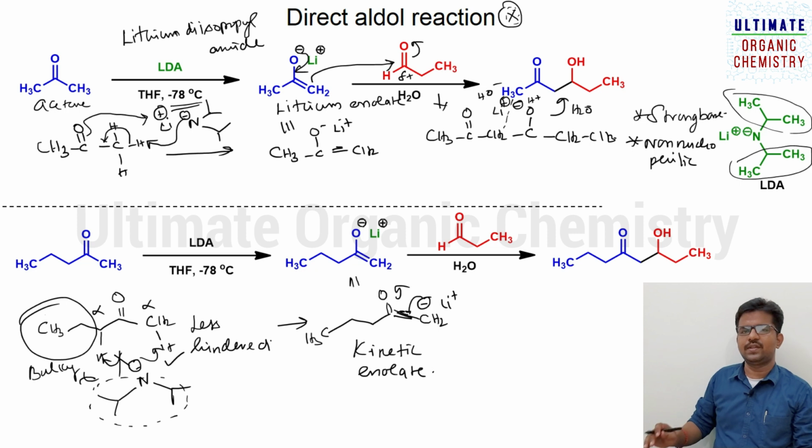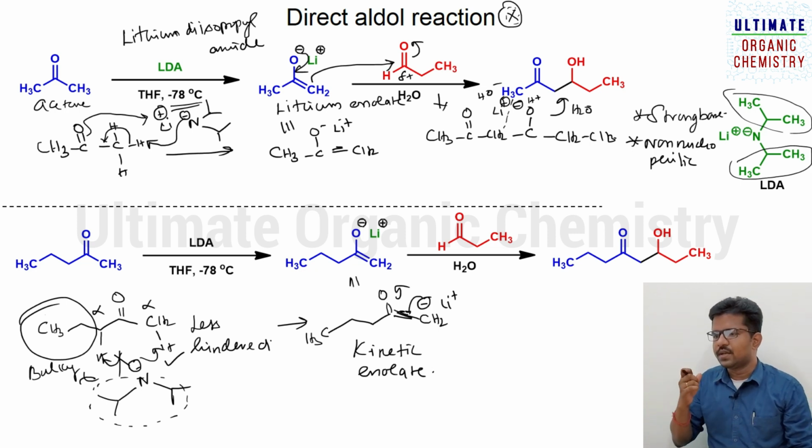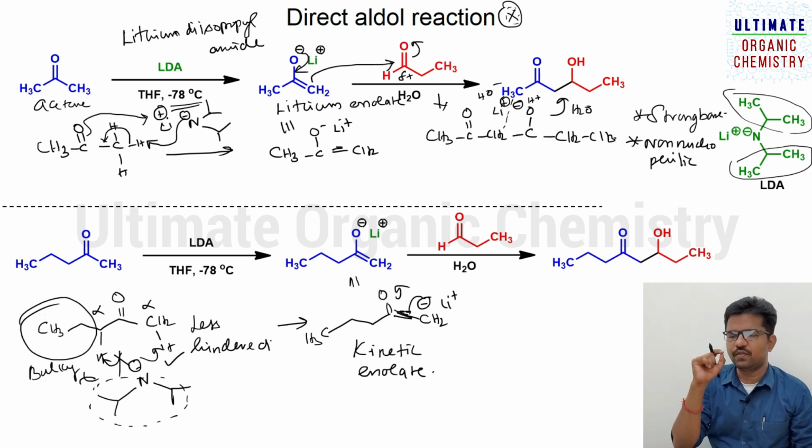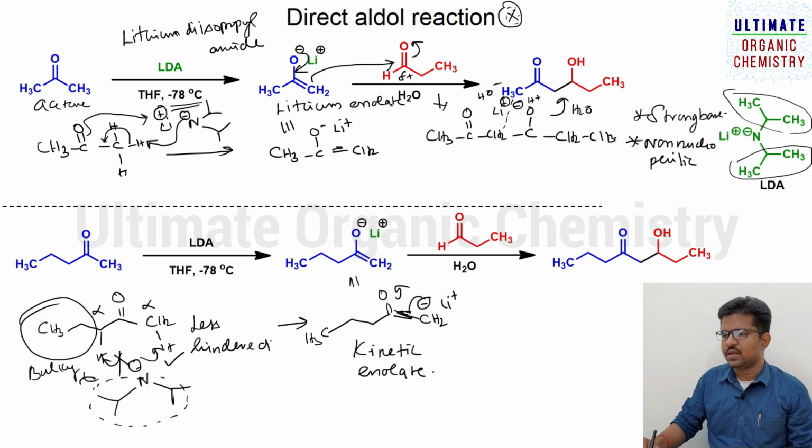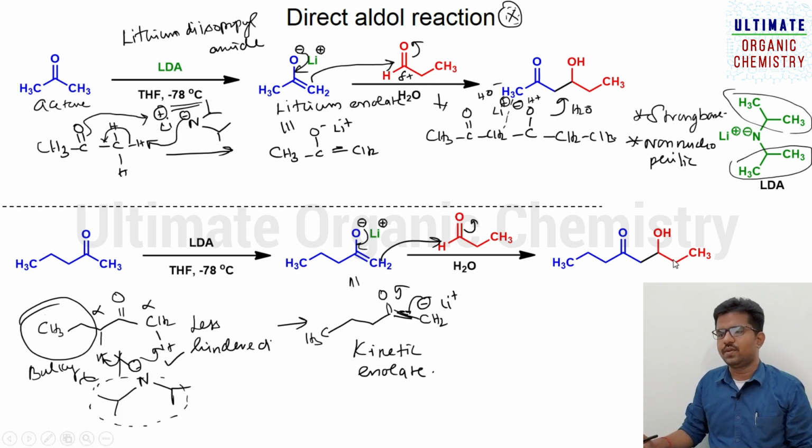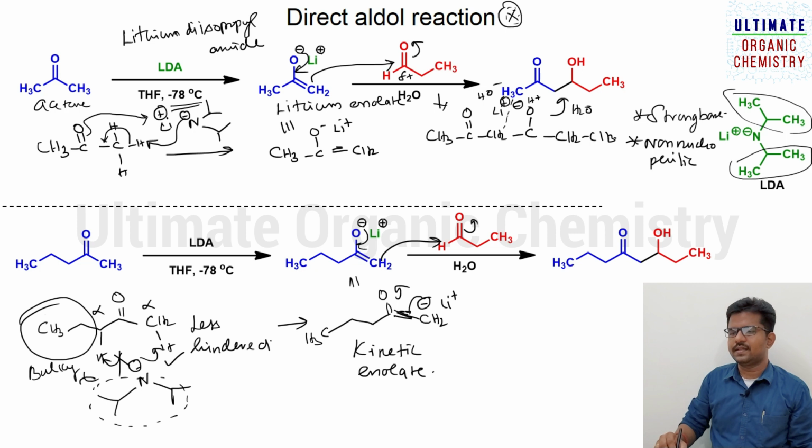This kinetic enolate means it will form the less substituted enolate. So this will be short living and it needs low temperature for formation. Okay, so once it is formed, it will directly react with this aldehyde and it will form the corresponding product. Okay, so by using LDA, you can completely control the self condensation product. Okay, and that selectivity you can also achieve. For example, if you want to do that reaction at the less hindered side, it is the best reagent. Please remember, this can be asked in the examination.